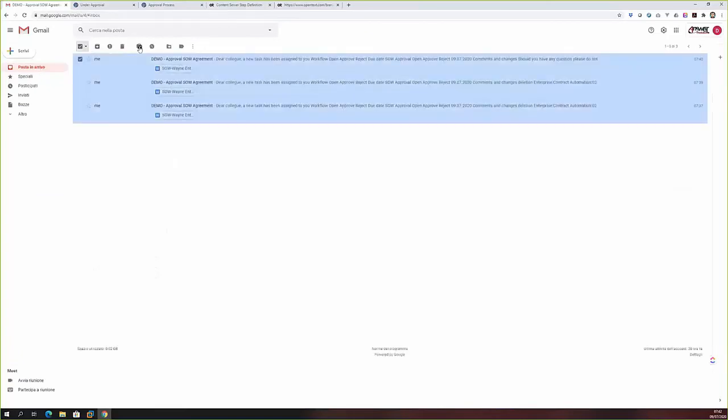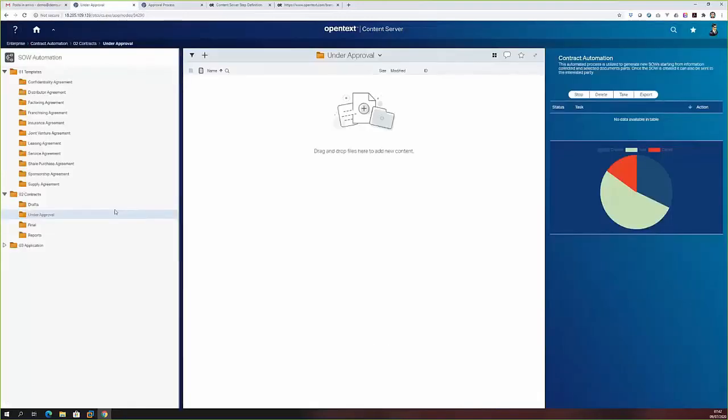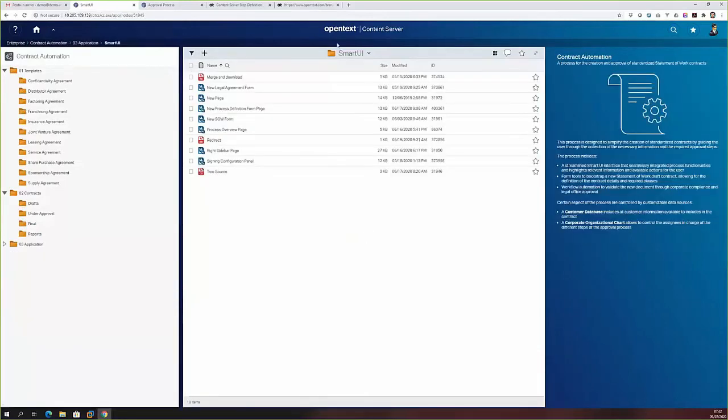So the system was constantly sending out notifications to our users. The last thing I'd like to show you is how we actually build this application. So the moving parts that are involved, starting from this interface. So this interface was built with, as said, the Smart UI, and we have, for example, the